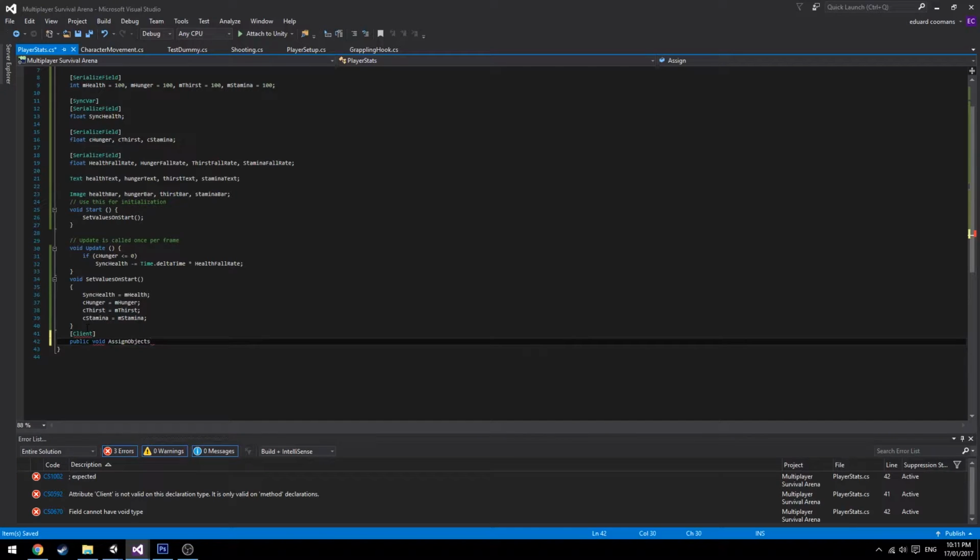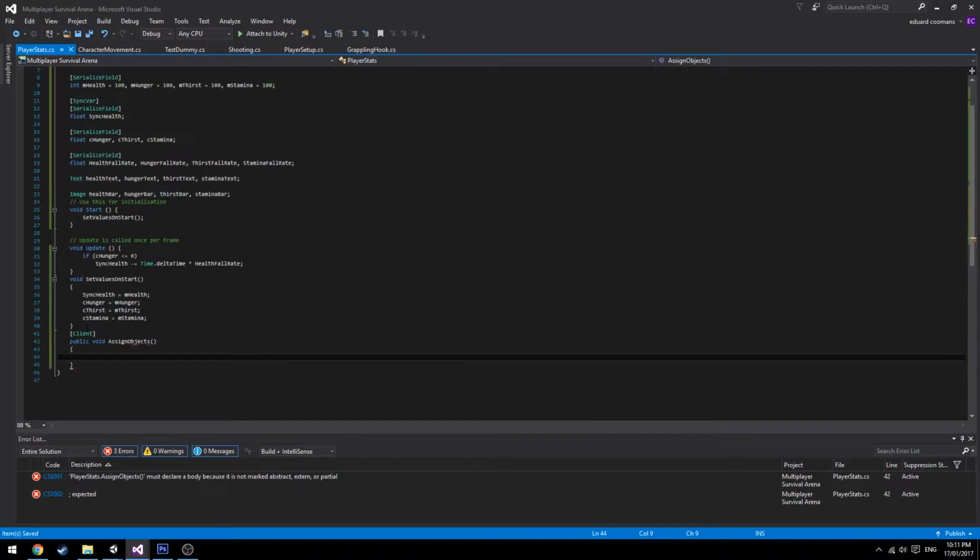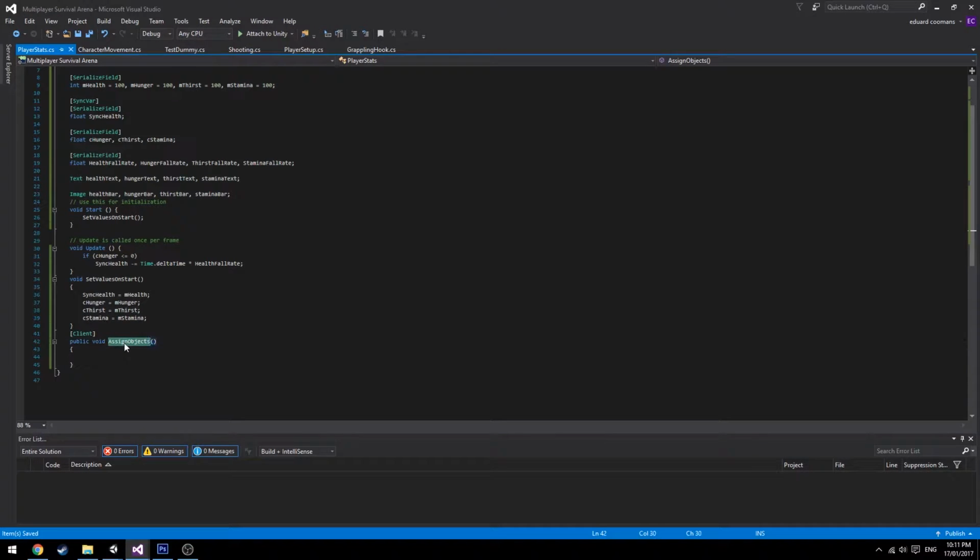You can do this in the start, but there's a lot of things to worry about. We want to assign it when we're ready. So we don't want to be forced to instantiate when we're not doing a thing. So here we're going to say,